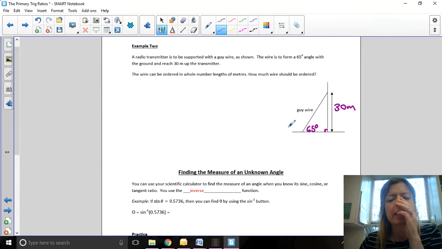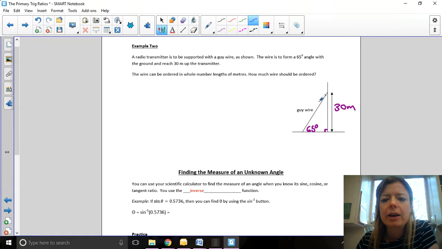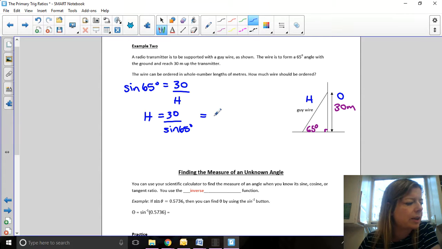The wire can be ordered in whole number lengths. How much wire should be ordered? So really it's asking us how long is this hypotenuse here in this right triangle. So notice that for the known angle, I'm given opposite and I want hypotenuse. So O and H, that's sine, SOHCAHTOA. So sine of 65 degrees is equal to opposite, so 30, over hypotenuse, so H. So H is equal to 30 divided by sine 65 degrees, which gives you